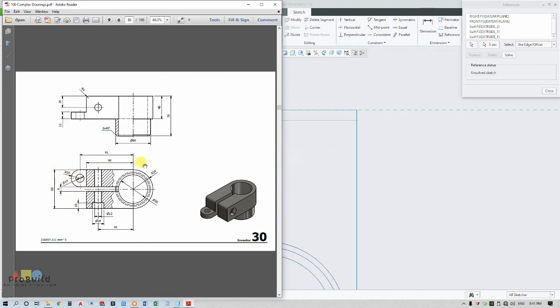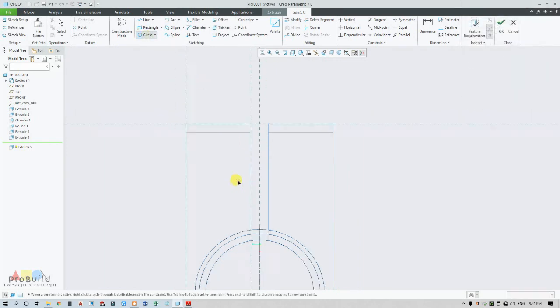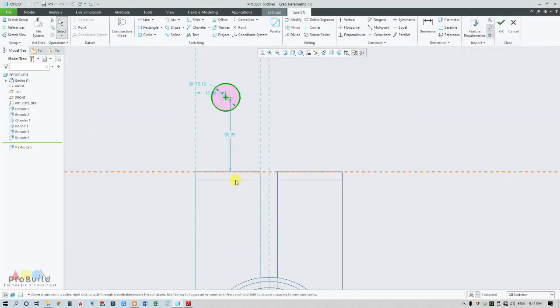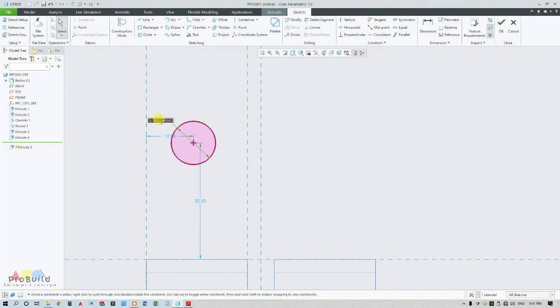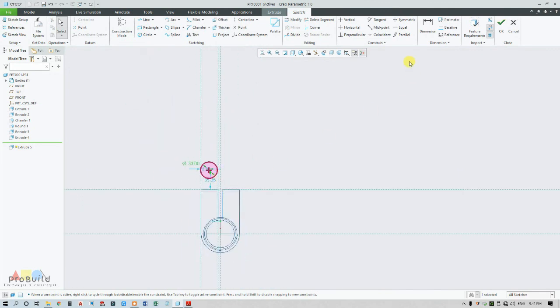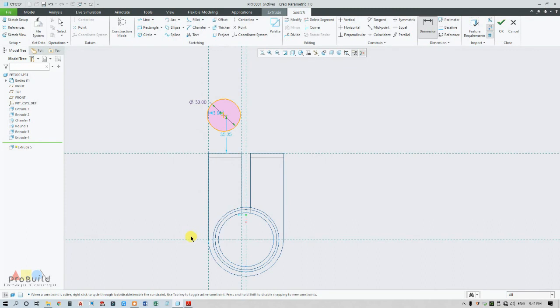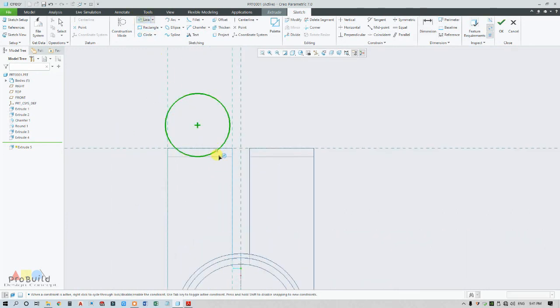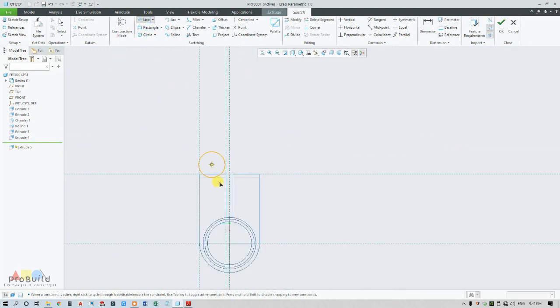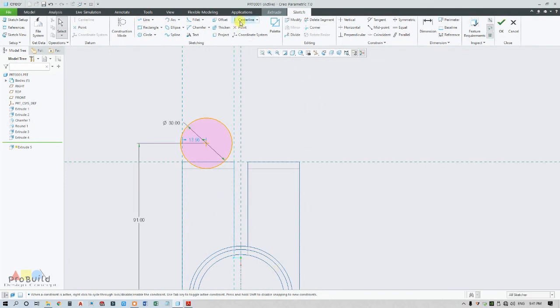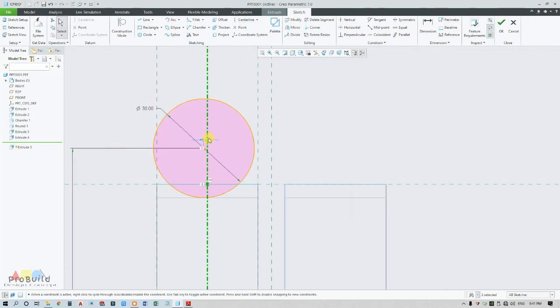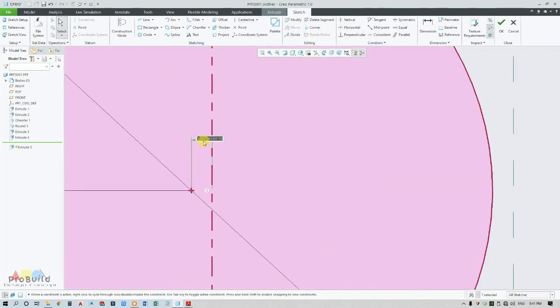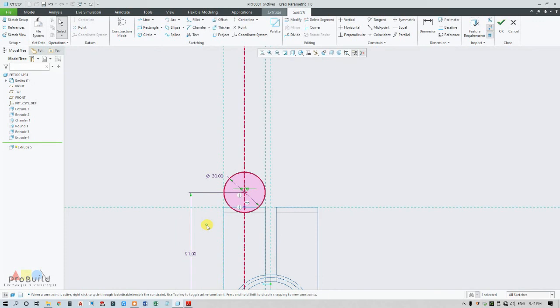So R15, 91. Draw a circle and connect this line. Now change this to 0 so that it aligns with the center line.